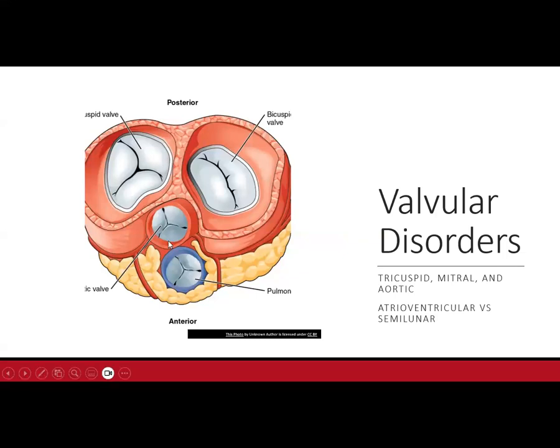So on the left side, we've got our, can't really see it on here, but it says our mitral valve on the side there. And then we've got the aortic valve on the left side. On the right side, we've got our tricuspid and pulmonary valves. Tricuspid valve dysfunction occurs secondary to usually endocarditis or IV illicit drug use and is very rare. And if you think about it, it's because it's located on that right side of the heart. So you don't really put as much damage on it unless you're putting something infectious through that line and having